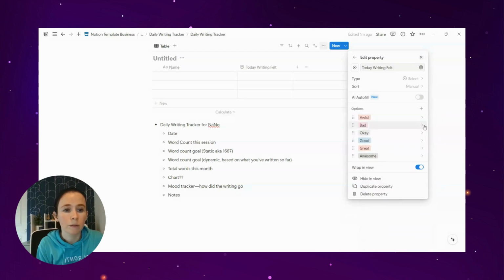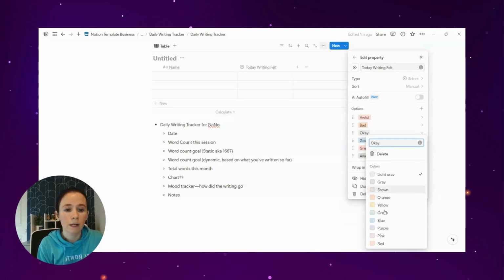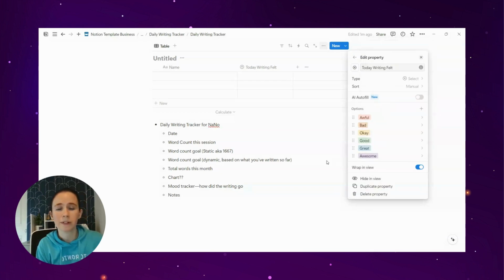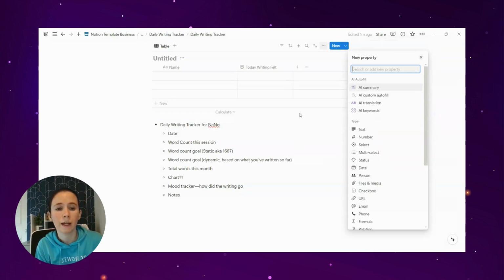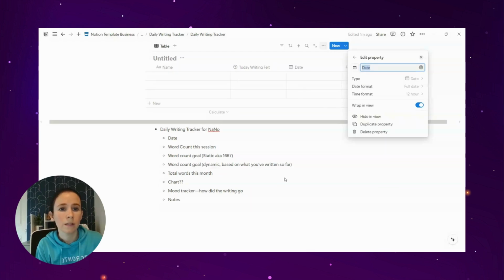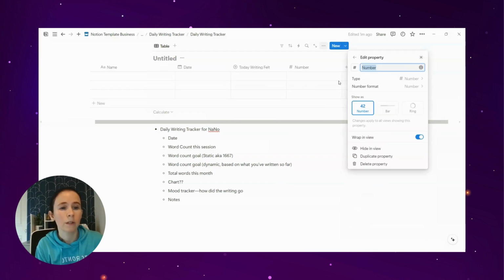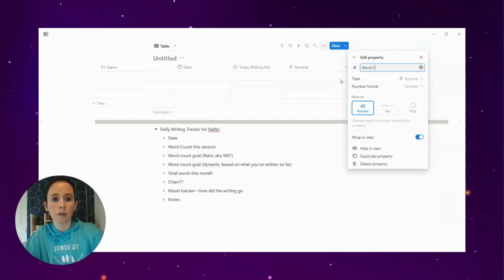Now, these are poorly colored, so let's see. Red is awful. Then we'll do orange. Yellow, we'll just go through the whole rainbow. Green, blue, and purple. Awesome. Now we know how today's writing felt. We're going to add our date. Then we need a number for